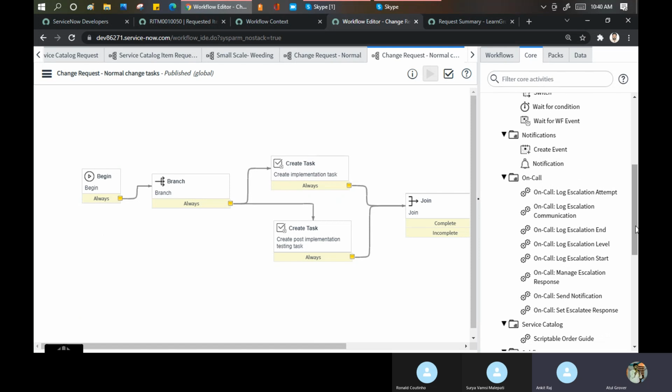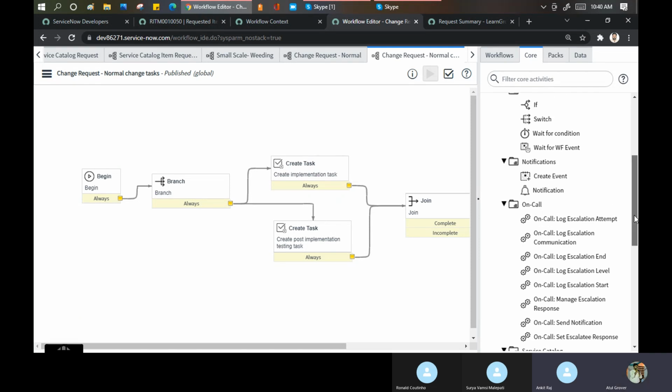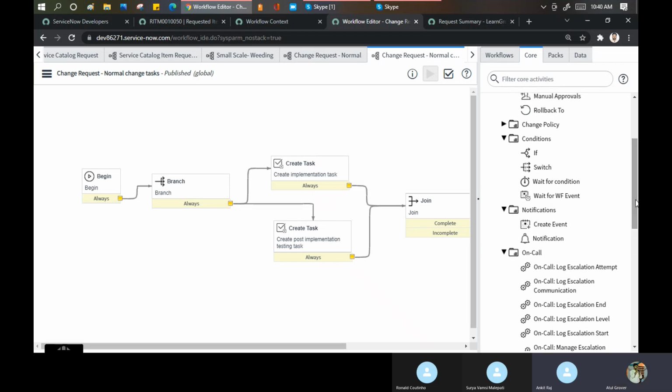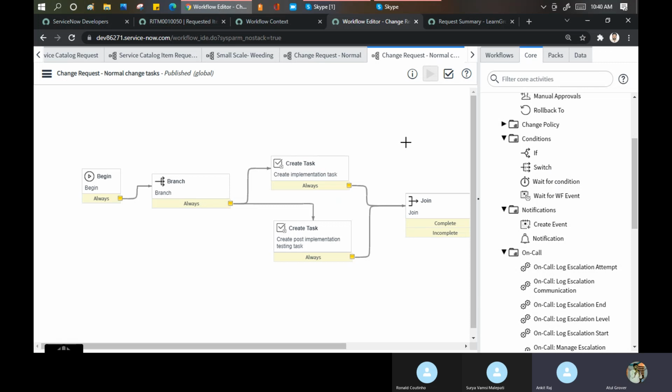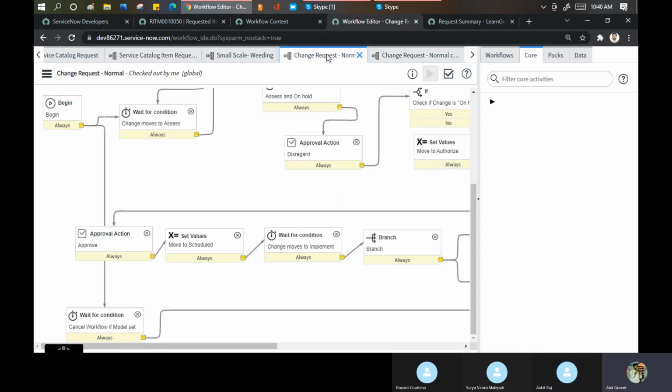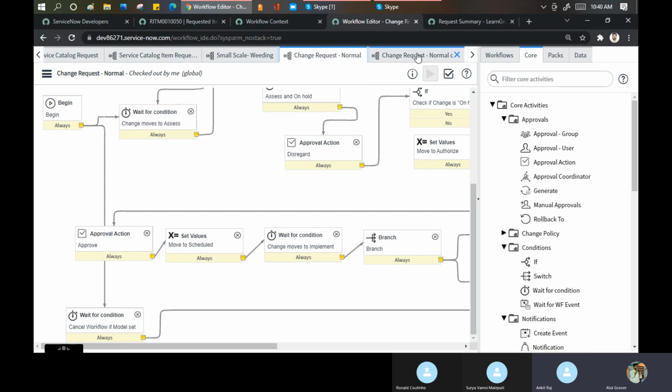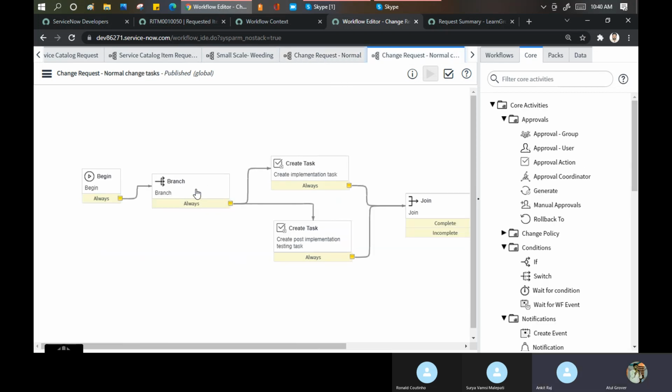About to ask the on call, and other than that, the previous one, what is the switch? What's the switch? Okay. I saw somewhere switch after if. This one here. Yeah. Okay. You want to travel from Delhi to Bombay. So okay. Switch is actually used in this one, the normal change one, the second one. After begin, it's a switch, right? The branch is on switch. Wait, let me. You're saying the normal one, na? No, the one that you already opened. That is branch, not switch. That is branch. That's a different one.